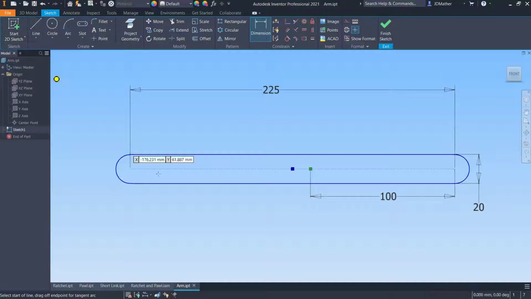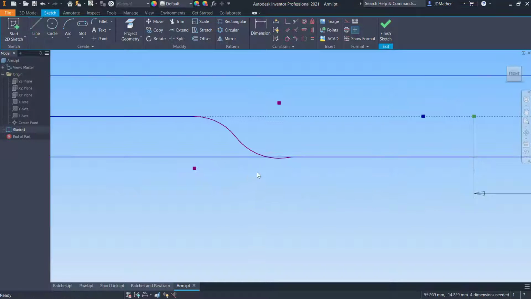I'm going to draw a vertical line up from here up to the center of this arc. I'm going to draw a horizontal line over to about here, and then I'm going to click and drag an arc off of that line. Now if you have trouble doing that with the click and drag method, then just do it as a separate arc. So I'll let go there, and then I'm going to click and drag and draw a second arc down